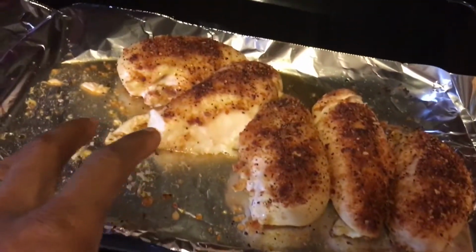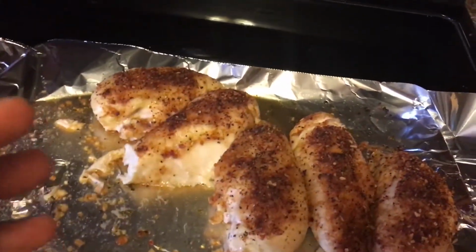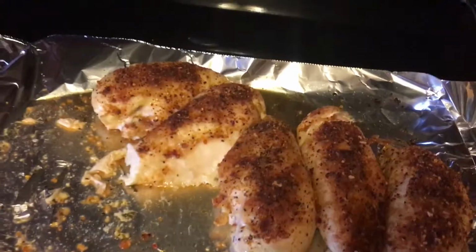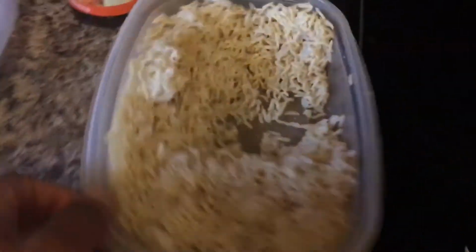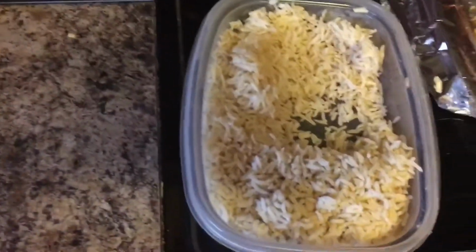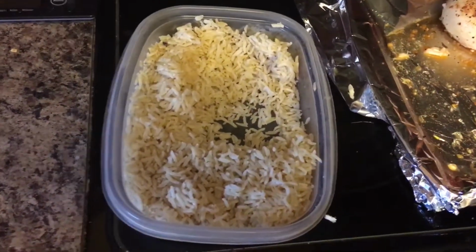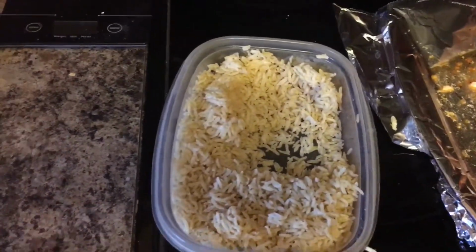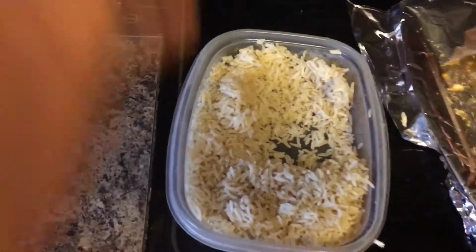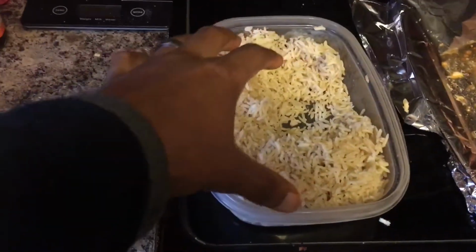After you cook the chicken, you want to let it cool for a little bit before you cut it, because it makes it easier to cut. So then I got brown rice, which is the staple. We typically use brown rice for cuttings because it's lower on the glycemic index, which is a whole other video for another day. But so here's brown rice, and I made this the other day, and I put it